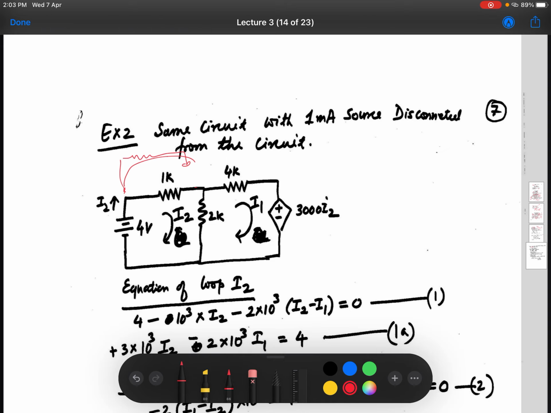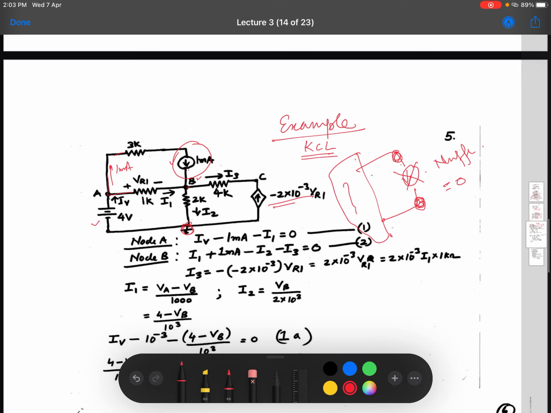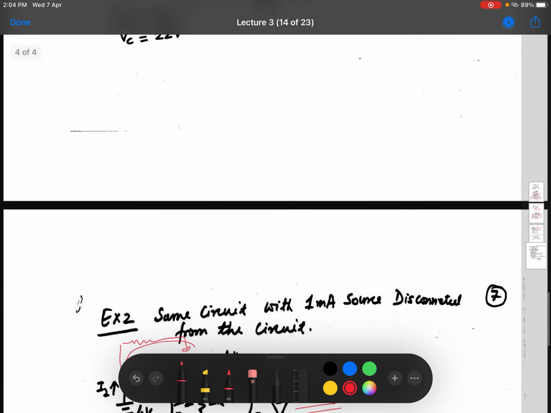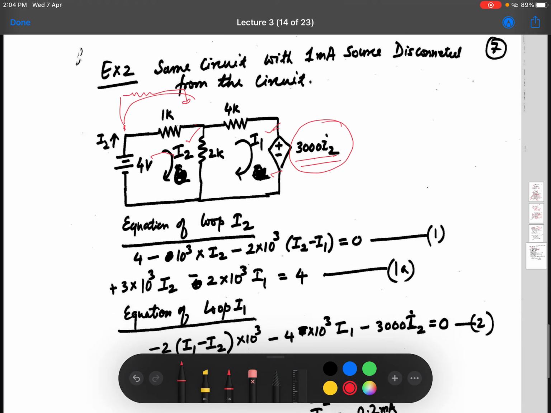And for this circuit I am trying to find the values of I1 and I2, these two currents. There is a slight change here. I think 3000 I2 was not there before. It was a current source, so it is slightly different. The circuit is different, in fact it is a dependent voltage source. This shows you how a voltage source would come into a circuit. So it is 3000 times I2. Whatever current is flowing here is multiplied 3000 times, and that is the voltage sourced over here.